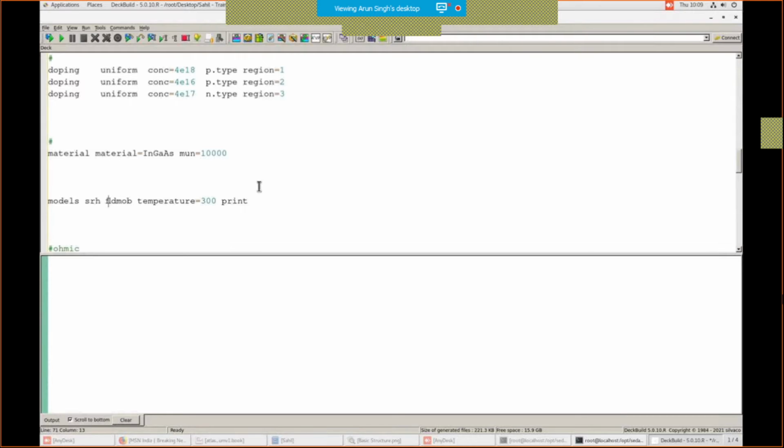So the SRH model is used, and the FLD model is used. SRH means Shockley-Read-Hall recombination model. The FLD model is the mobility model which is used here. We can define the temperature here at 300 Kelvin, with the temperature in Kelvin. The print command is used so that we get all the information about the equations which Silvaco is solving